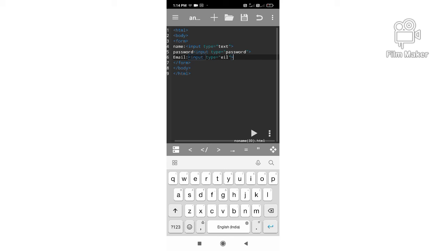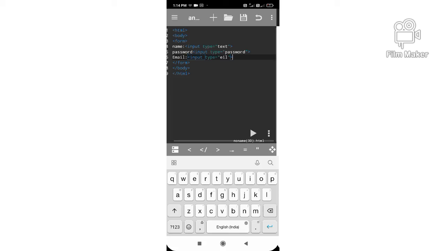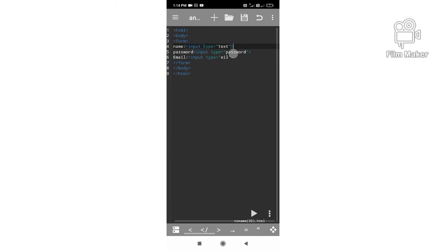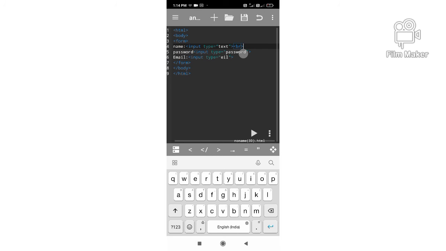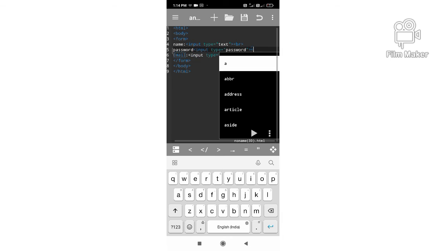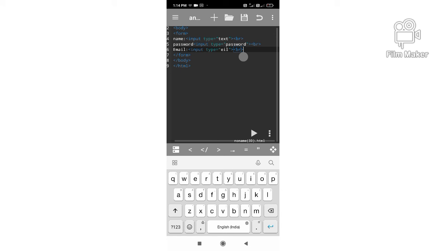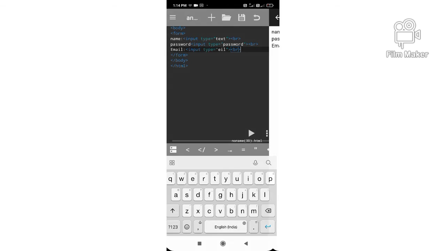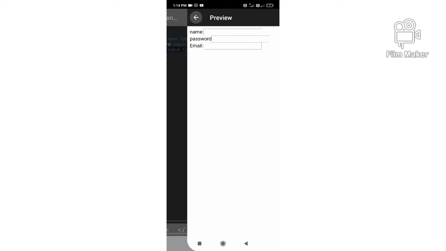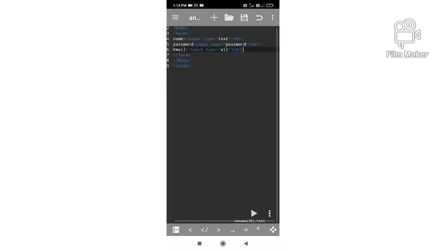Now how can you see the result? Can you see the play button here? You have to click on this, and whatever you have written, now you will see the result on the page. So I'm clicking on this and see, just a second, I'll add break here so that it comes on a different line. Break basically we add so that there is a space between each line, they do not mix up, what happened with me right now. So now I'm adding break. Now see, it will come on different lines like you can see here, and you can see here.